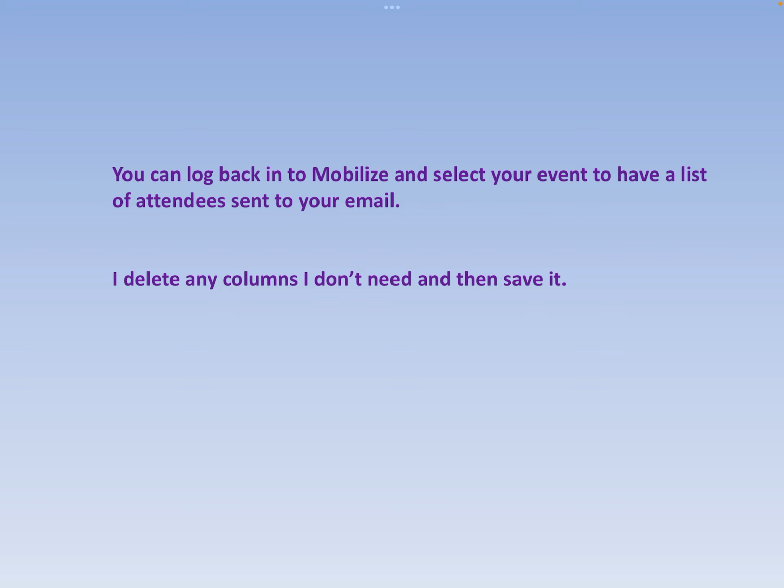There are so many columns. So I go through and I just delete any column that doesn't give me information I need. And then I save the spreadsheet once I've deleted the extraneous columns. And it's much more useful that way. So you can just play around with the spreadsheet, but it's incredibly useful. So that's really it. If you have any questions,